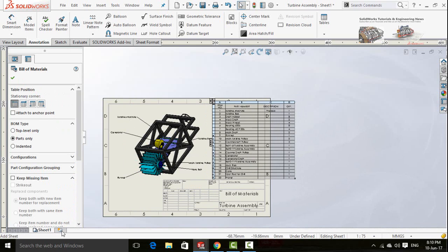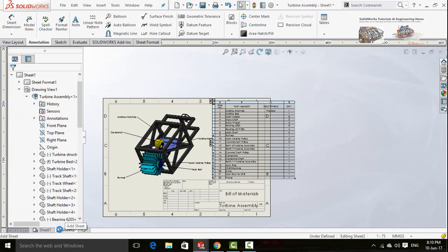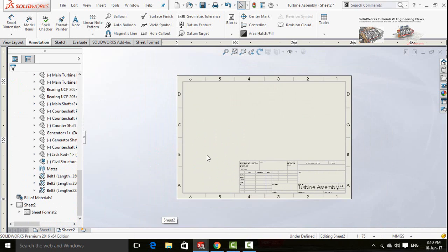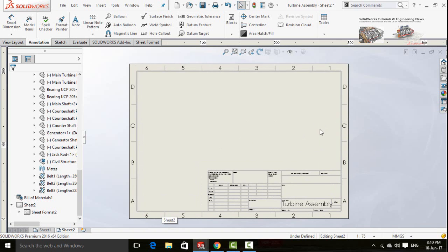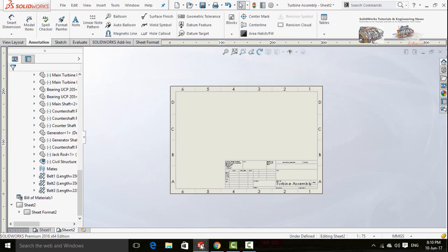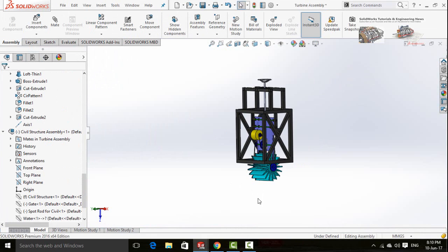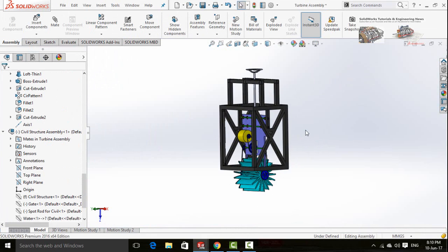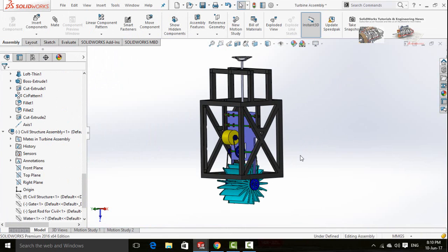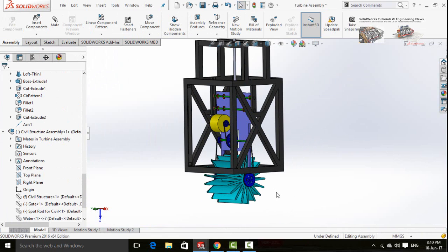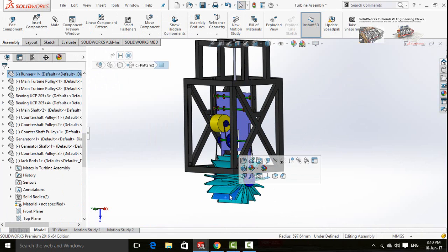To add another drawing sheet, click on this button. Open your solid model. Select any part for which you want to make drawings and then select Open button.